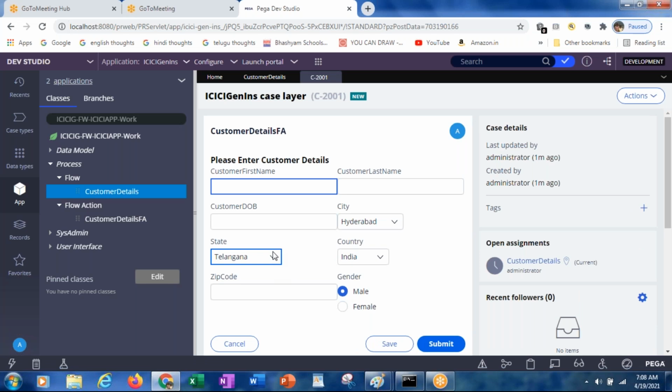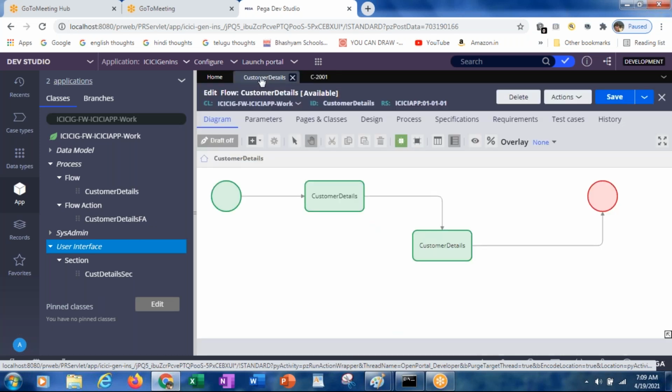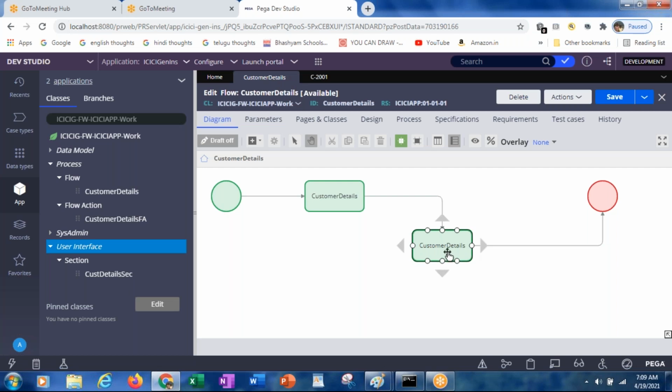Now what I want to do is create the manager details. In the first one, customer details, and in the second flow action, I want to have the manager details. So if you want to have the manager details, what you need to do? As you created the section and later the flow action and referred that flow action in the flow, in the same way you have to create a manager details section and then a manager details flow action, and that manager details flow action has to be referred. So here, instead of the customer details, why? Because we already entered the customer details in the first screen. Now I want to accept the manager details.